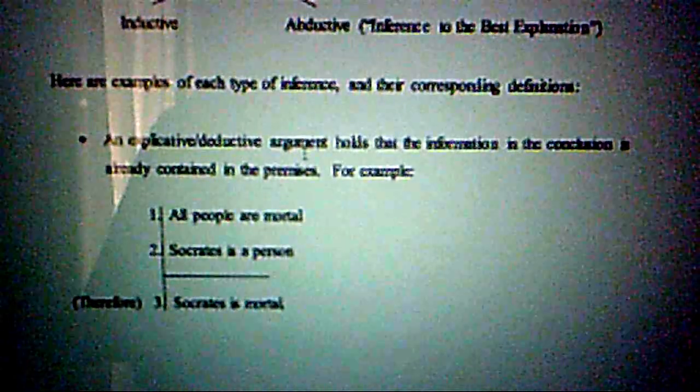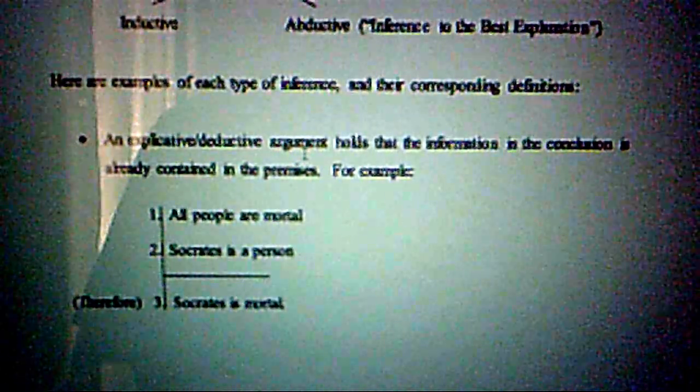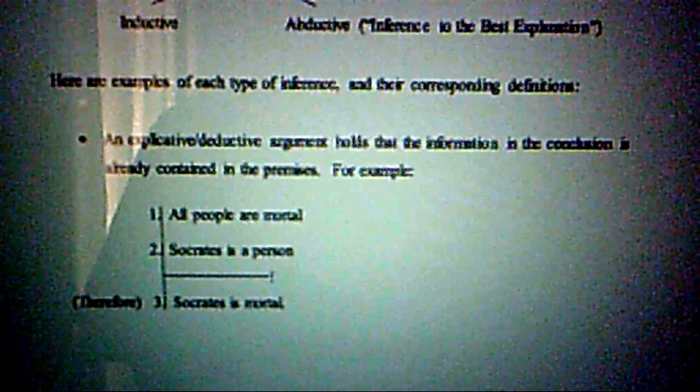Logic, it turns out, is the glue of reasoning, and logic is thereby the study of that glue that undergirds mathematics and a whole series of other disciplines. Here's a simple example of a deductive argument. It's the standard philosophical favorite. So here are your premises. All people are mortal. Socrates is a person.